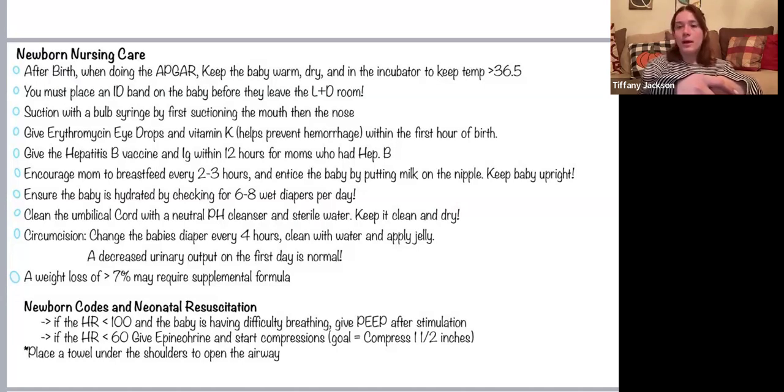A little bit about newborn codes and neonatal resuscitation. A lot of times with adults, obviously, you see the heart rate going down, 30s, 20s, etc. We're going to start initiating a code because that's incompatible with life. But with babies, if we start to see heart rate dip less than 100 and they start having difficulty breathing,